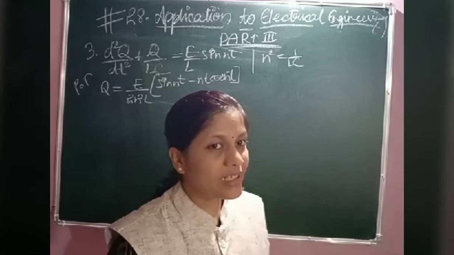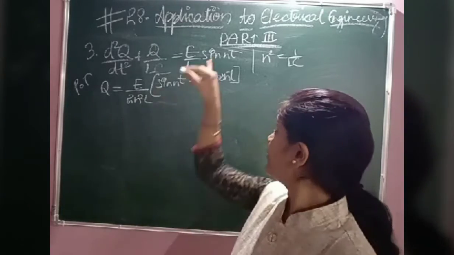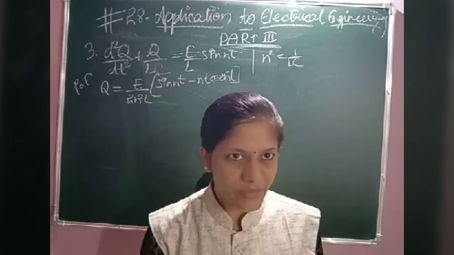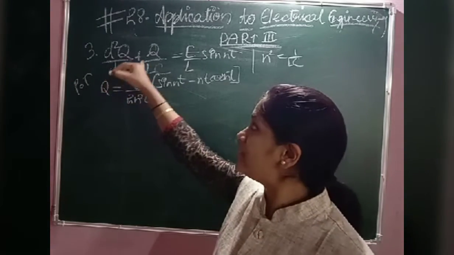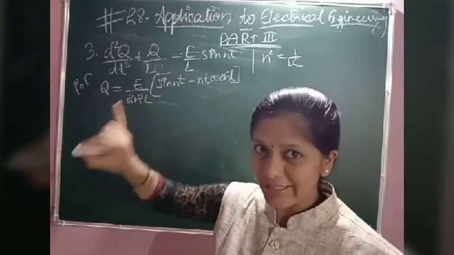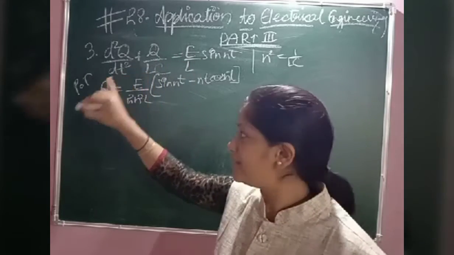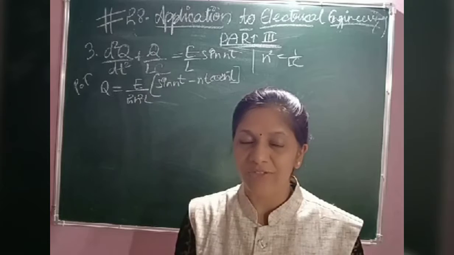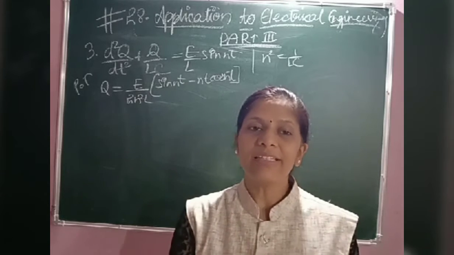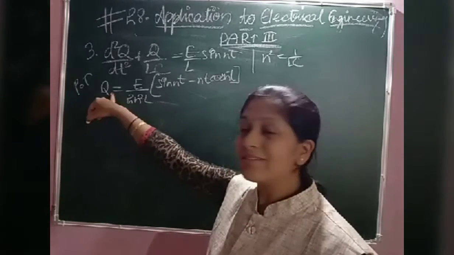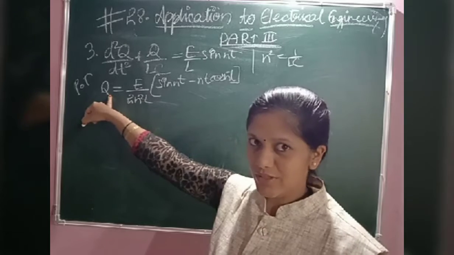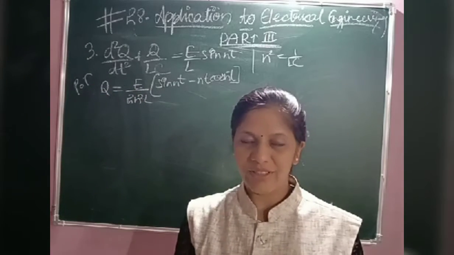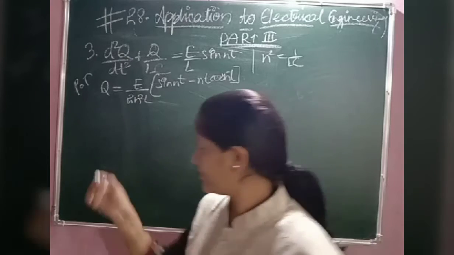In the given differential equation, 1 by LC is nothing but N square. Already we know how to solve. Substitute 1 by LC as N square and find the complete solution. For that, use the conditions. When the conditions are not specified, what does that mean? Initial value conditions, that is Q is 0 at time t equal to 0 and dq by dt is 0 at time t equal to 0. So let us start solving for this.